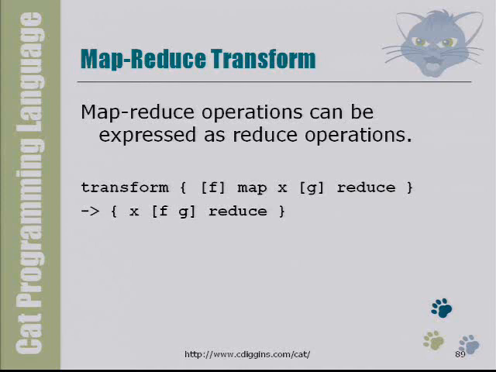So to wrap up, and I know clearly I have too many slides and not enough time, the question I think is a worthwhile one to answer is, where would you use Cat? Well, you'd use Cat if you've got a language which is either imperative or functional, and you want to apply transformations like this in order to optimize, and you want to express your transformations automatically. Rather than just writing a bunch of code to do all of these things, you can actually express it in a library of macros. So that's sort of the hope.